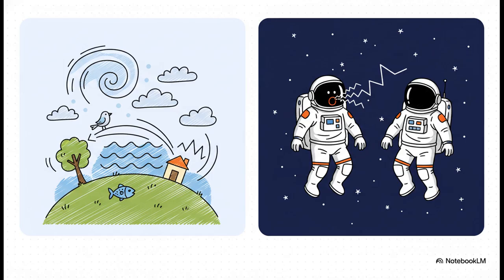Because of this, astronauts floating outside the International Space Station could literally be right next to each other, but if they shout at the top of their lungs, they wouldn't hear a thing. There are no air molecules to carry the vibration from one mouth to the other ear. And that's exactly why they have to rely on radios, which transmit information using light waves, not sound waves.